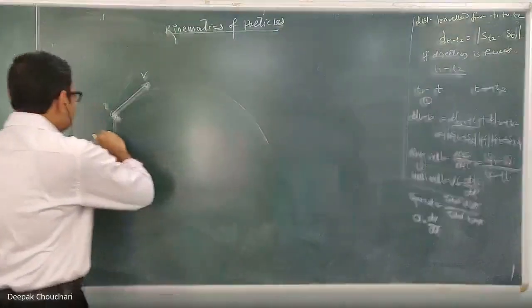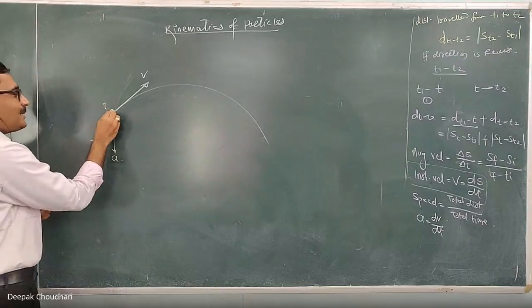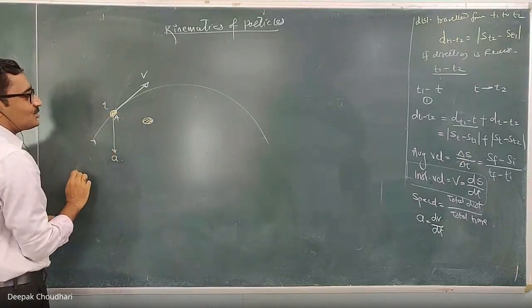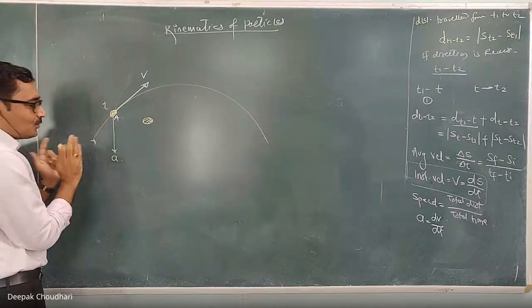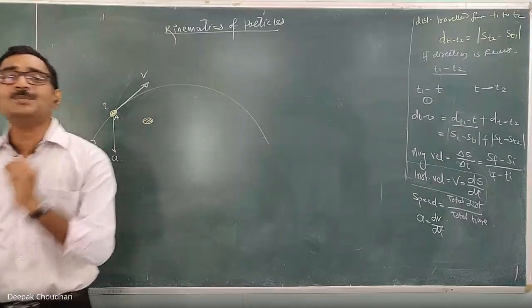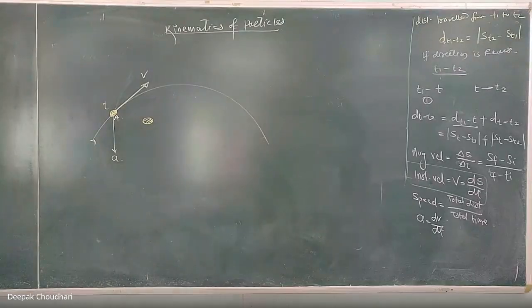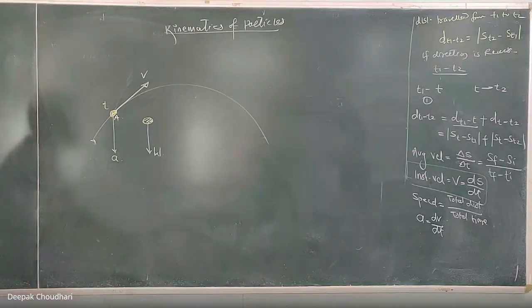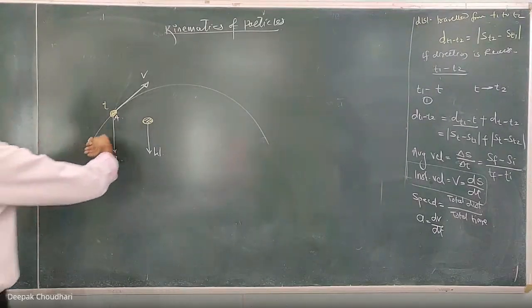If you draw the free body diagram, a simplified figure, of the thrown ball at any position, how many forces are acting on that particle during projectile motion? If we ignore the air resistance, it is moving only under the action of the gravitational force. That is the weight. This is the only force acting on that particle during the motion at any time, and it is always vertically downward, whether the particle is moving upward or downward.